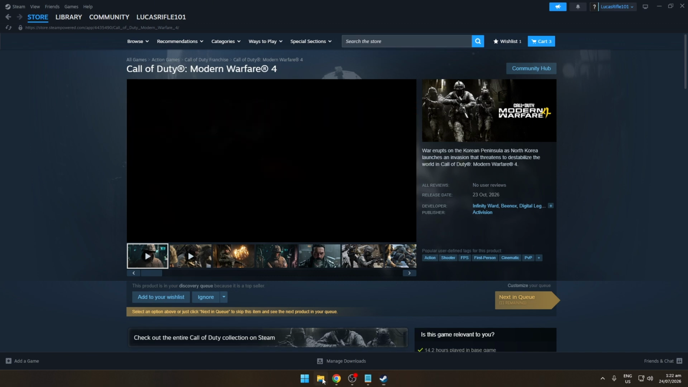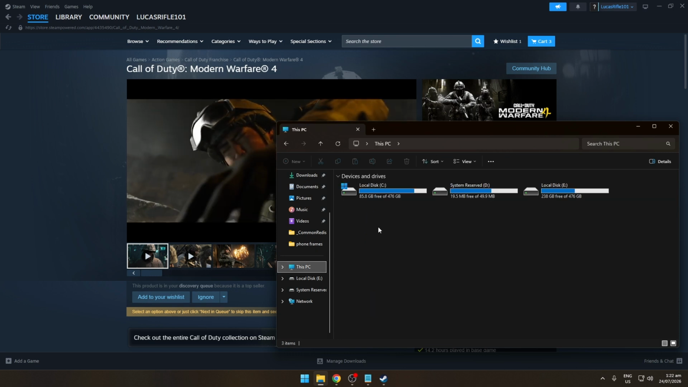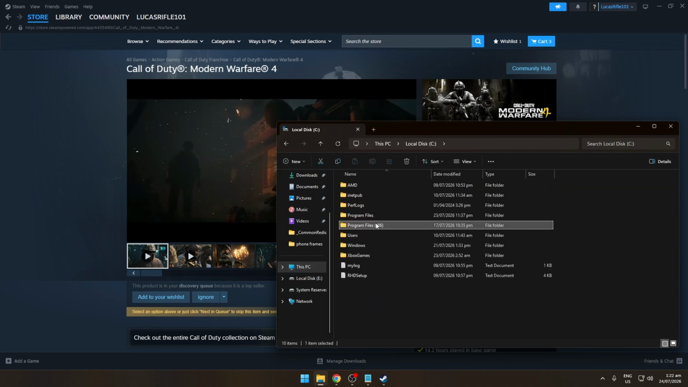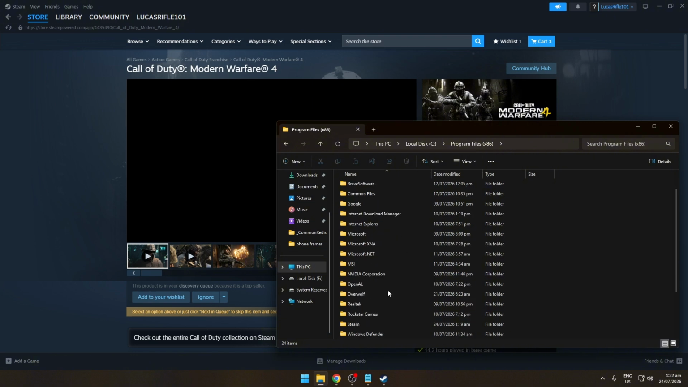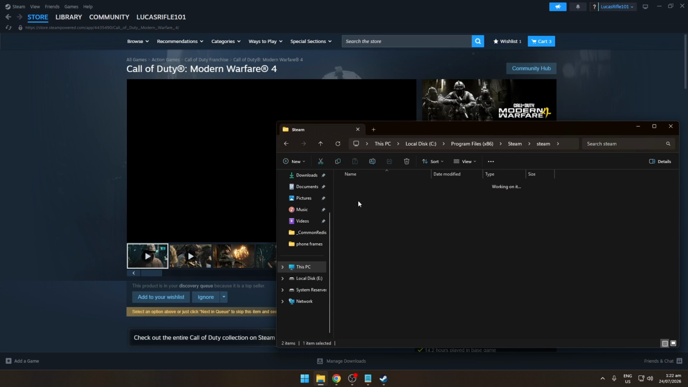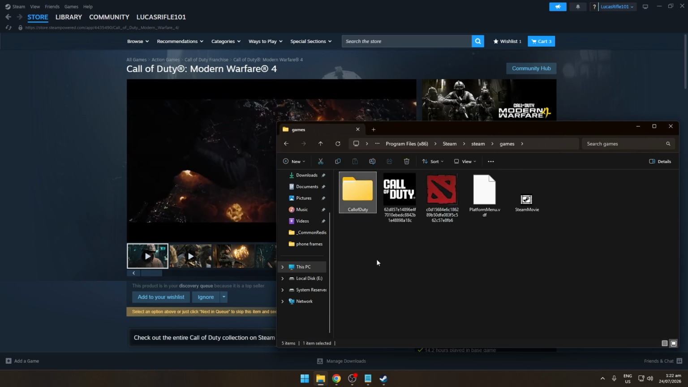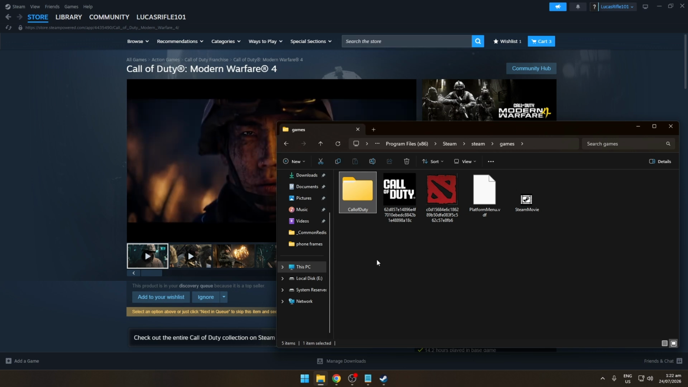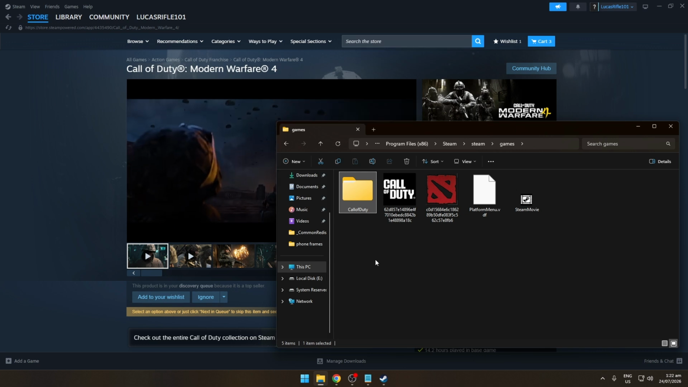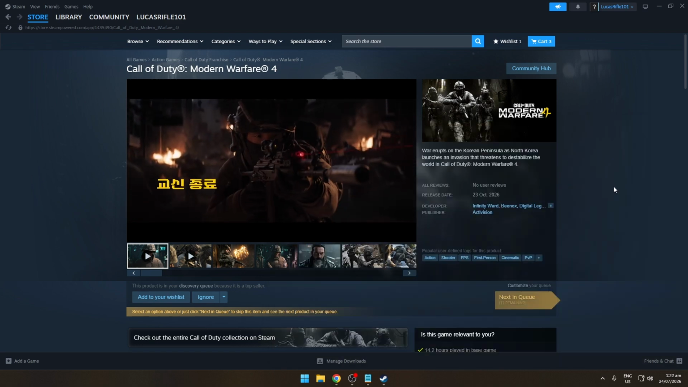Pull up your file manager or file explorer, go onto This PC, Local Disk, Program Files (x86), go into Steam, then go into Steam again, steamapps, games, and then this is where you need to input the mod that you just downloaded. Now, once you've successfully extracted it into this folder, you just need to simply relaunch the game,